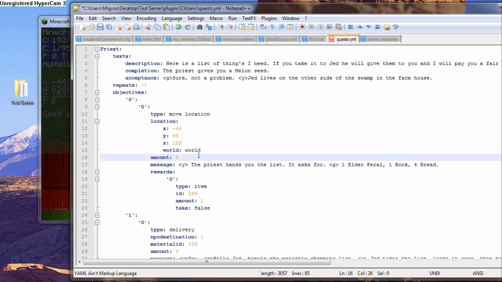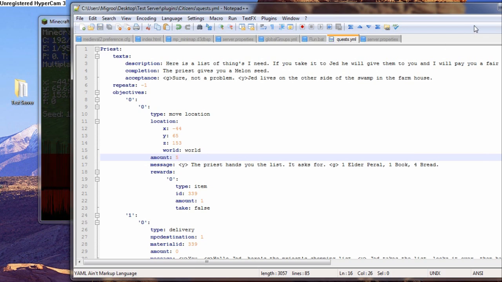So what's going to happen essentially is our first objective here will be completed as soon as the person takes a quest and turns around. And what we're using this first objective for is so that the player starts out with something after he takes the quest. And you could just turn the amount up by a bit if you wanted your quest giver to move around, if you had paths set up or whatever. I'm not sure if that causes lag of any kind or not. I haven't really experimented with it, but the general concept's there.